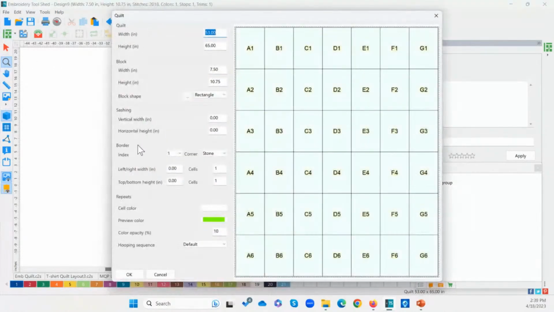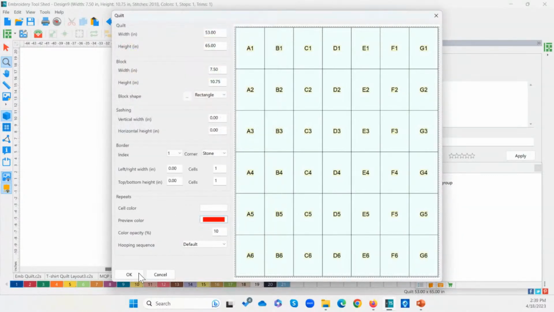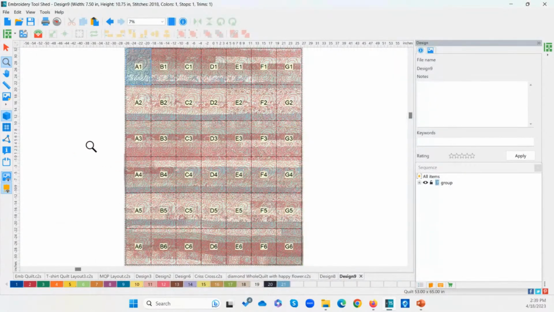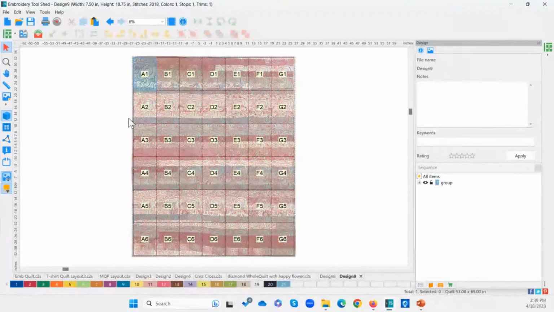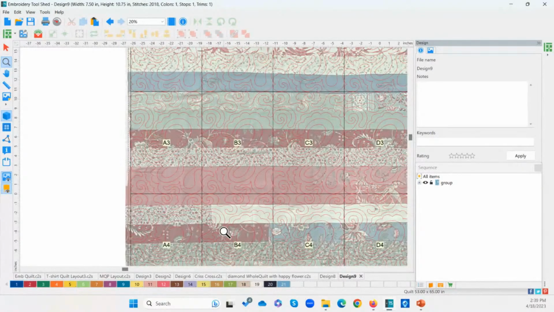So that's going to help you see that, but it also will allow you to audition your thread color. So let's see if something is red. So that shows up much better. So if I zoom in here, we can see that stitching a little bit better, or what it would look like stitched. Okay. So because I set the size of my hoop and I filled the hoop with my design, then I know that's going to fit in the hoop that I want to use. So hopefully that makes sense to you in this case.